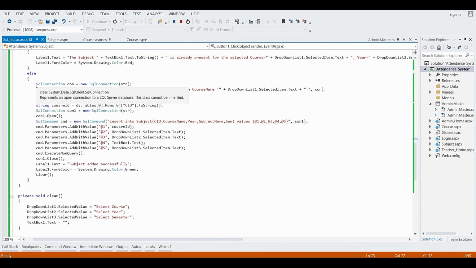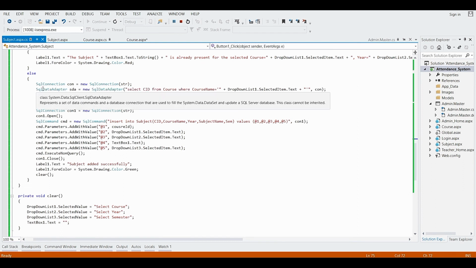If the entered subject name is not present in our table, then it will execute this else part. Inside this I have taken SQL connection and SQL data adapter class. I have given the command in that, select CID, that is course ID, from the course where course name is equal to this, which is coming from the drop down list 1.